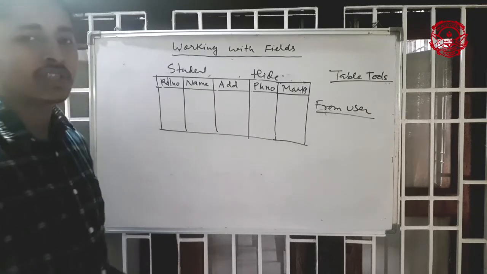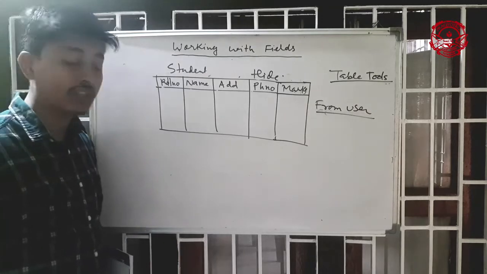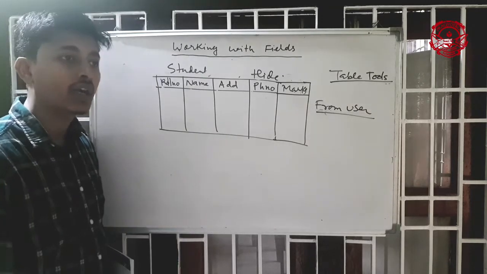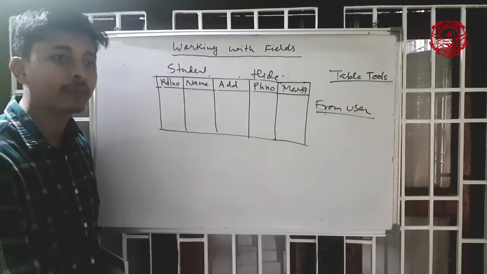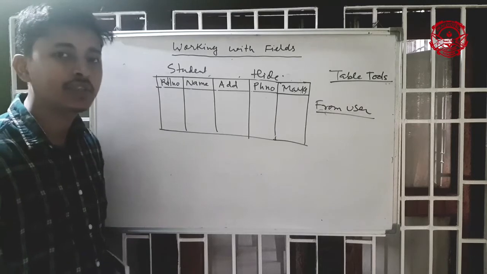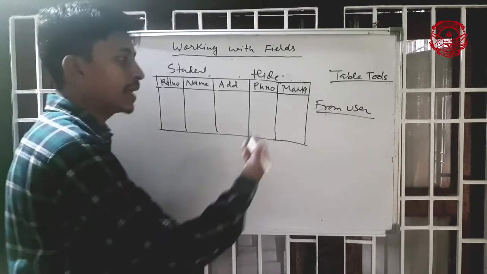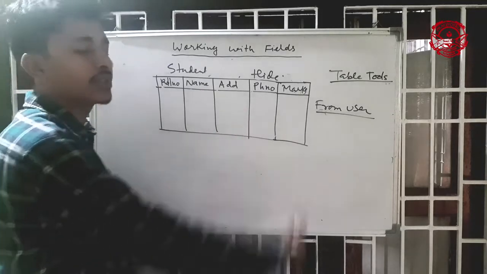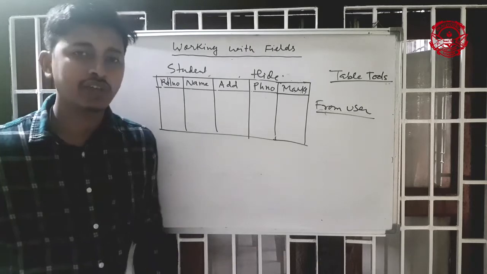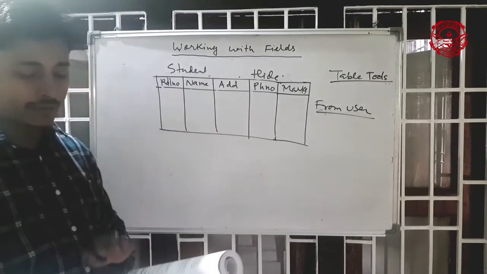Sometimes it requires, for example, phone number is very sensitive. Email ID also. Then credit card information, debit card information, PAN card number, passport number. These are all very sensitive information. So that's why sometimes I need to hide these options, hide this field from the users. So you can hide the options or hide the field with the help of hide options.